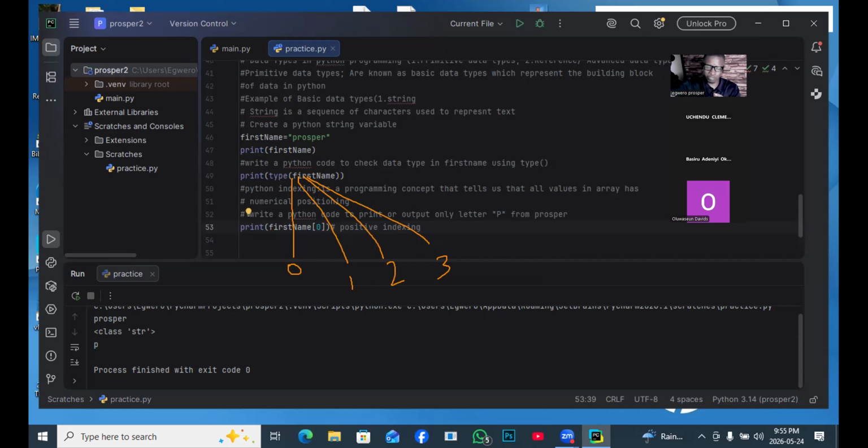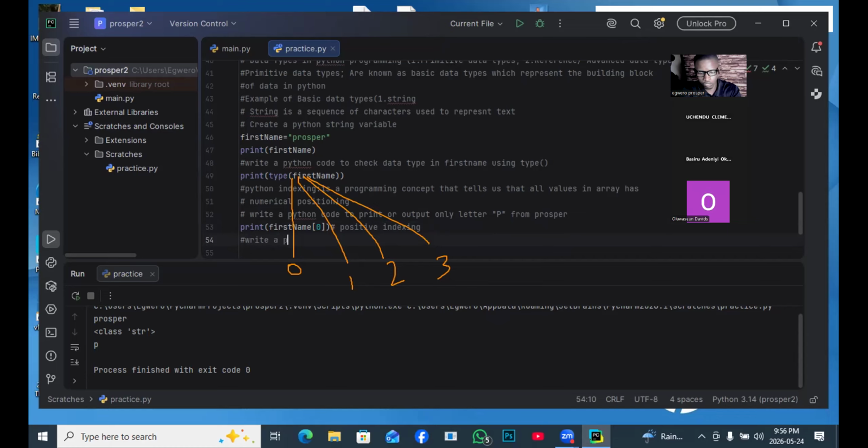So if you are counting from the right to the left, then it means the task will be, just a minute. I like putting them in form of task so that you understand what you are talking about. So write